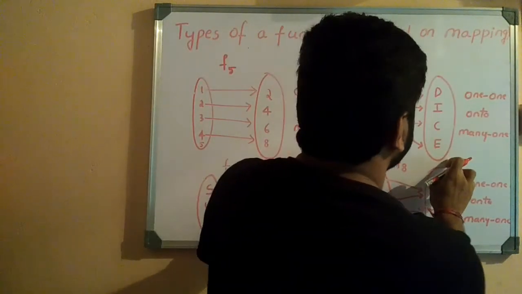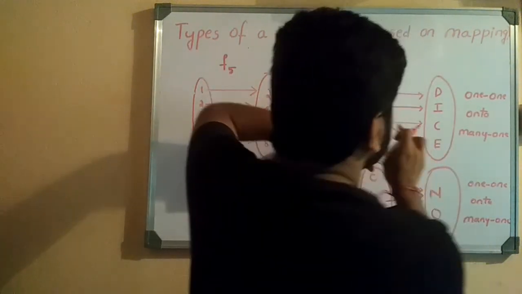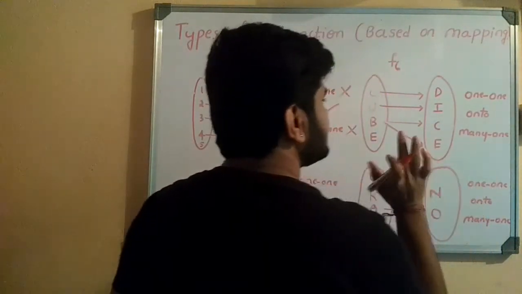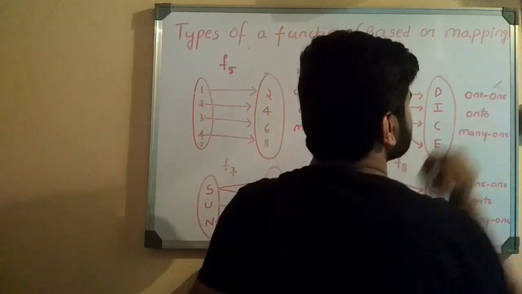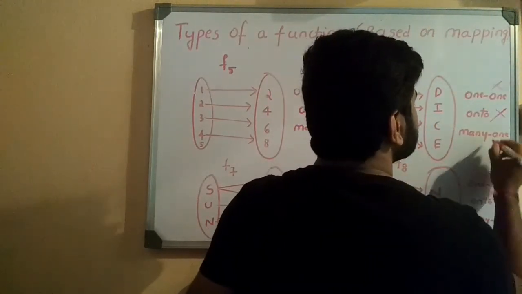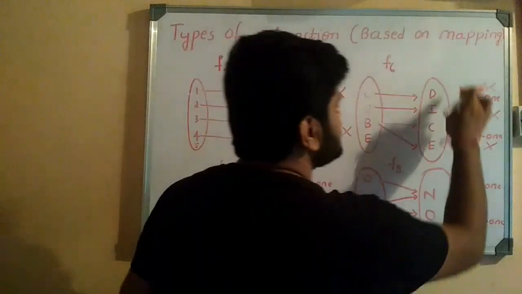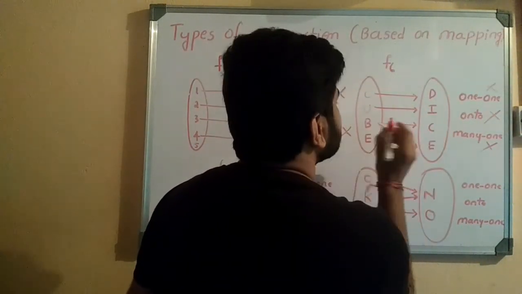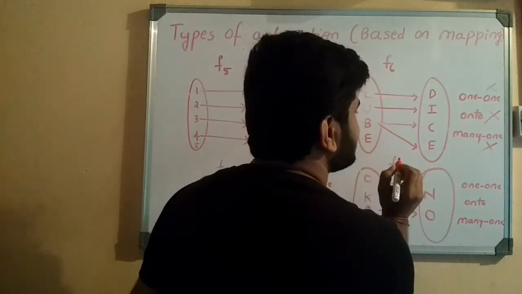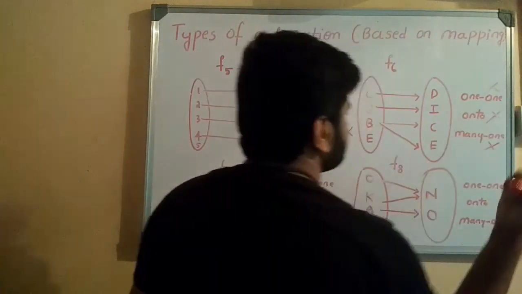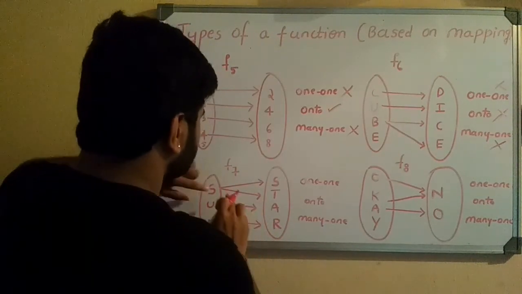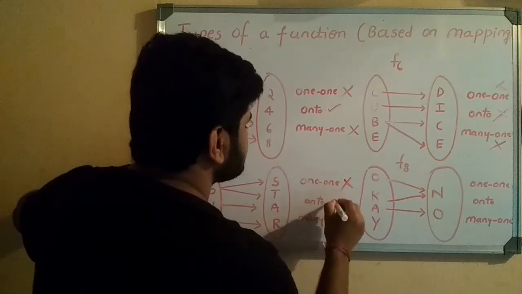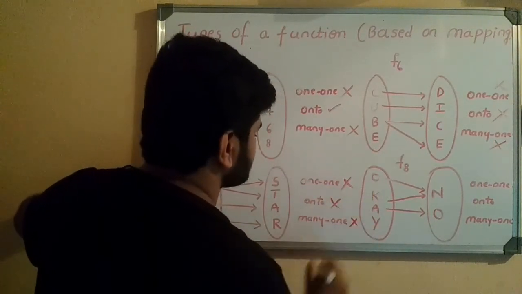So here this mapping is in one to many pattern. So this type of mapping doesn't exist. Therefore this is not a one-one function, not a many-one function. Here in codomain every element is included in a mapping, but since it is in one to many pattern, this is not an onto function. So here in this problem, this is in one to many pattern. Therefore this is not a one-one function, not an onto function, not a many-one function.